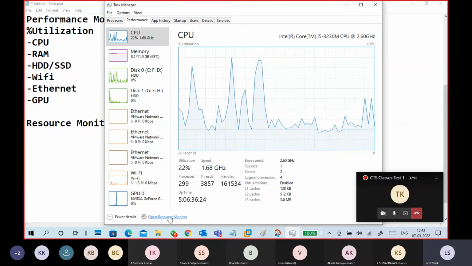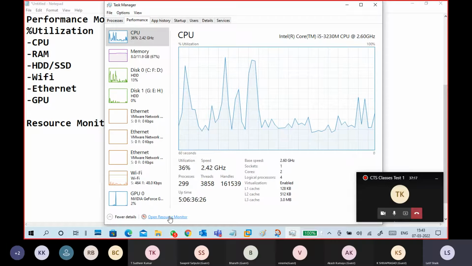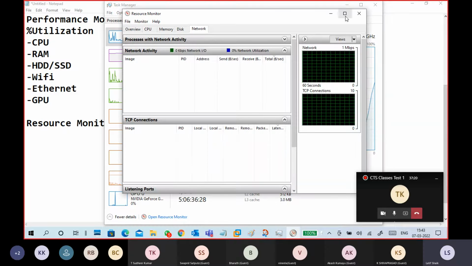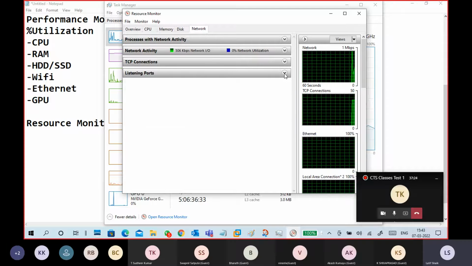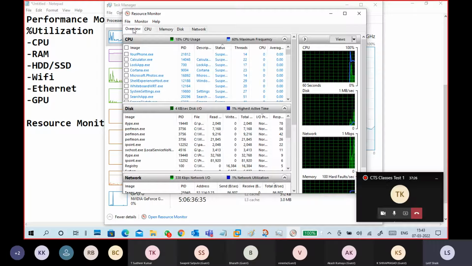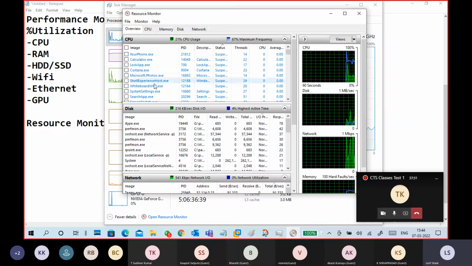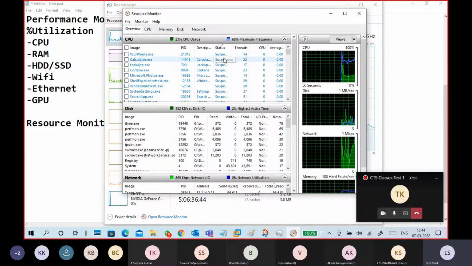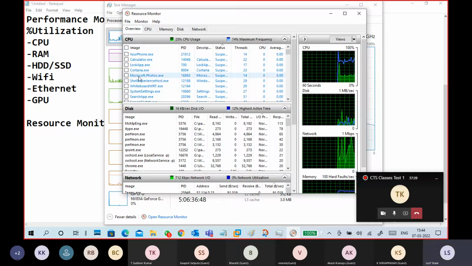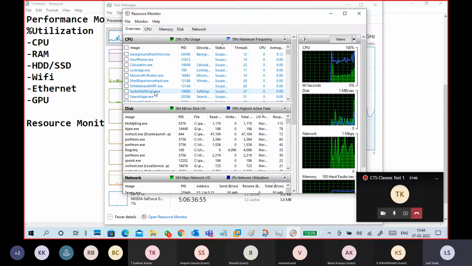So I'm opening this resource monitor. You can look at this resource monitor. You can see the overview. On the CPU, what are the processes running? What is their process ID, status, threads, CPU average, something like that it is showing. Overall CPU consumption, and each individual process also,